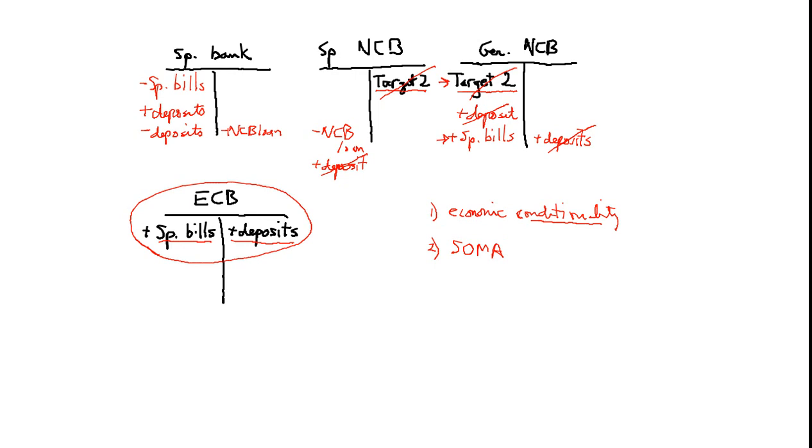Where not just Spain, but maybe France and Italy also have outright monetary transactions, and the consequence is a portfolio of assets in which the national central banks have shares. So this would be offering to the German National Central Bank, instead of having an unsecured Target 2 credit to the Eurosystem, a secured credit to the System Open Market Account. This is the proposal.